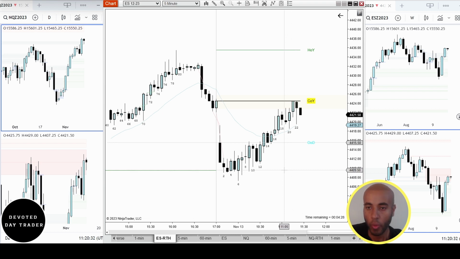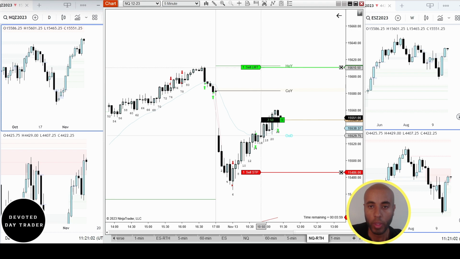And on the weekly chart, this is the weekly chart of ES. This is the weekly chart of NQ. I think it's going to want to trade above last week's high at some point today, which means on ES it may want to get to this high of the day, to Friday's high of yesterday, and then on NQ it's going to want to get to Friday's high of yesterday.